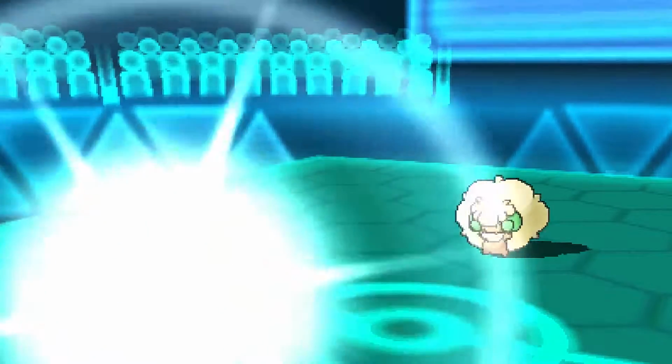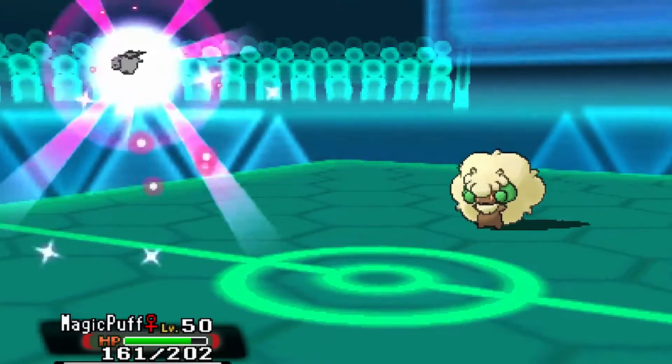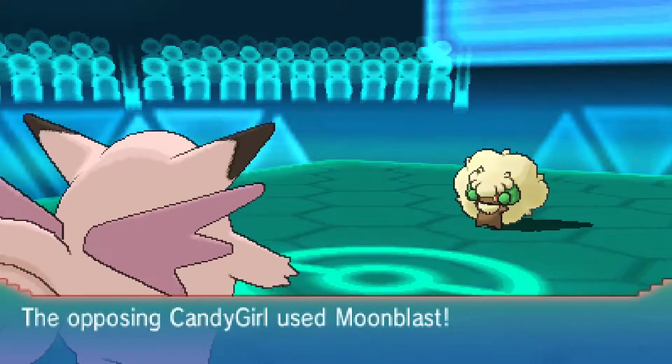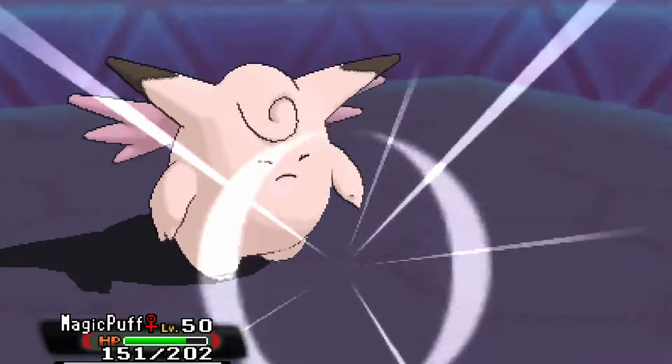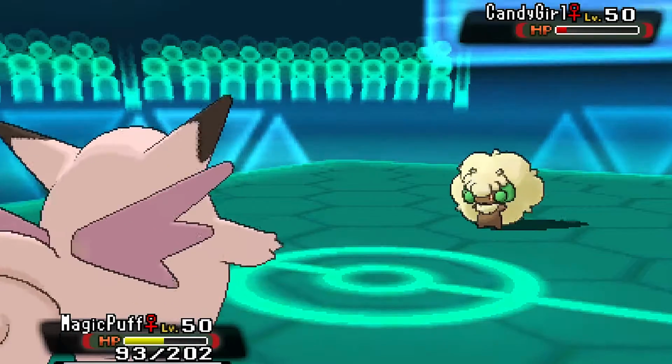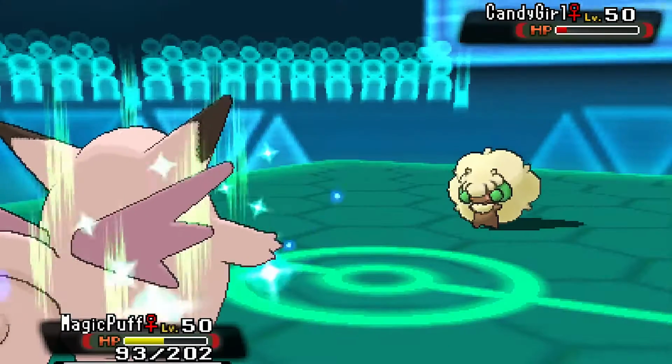Anyways, of course I'm going to withdraw, because I've only got Dragon Claw as my only attack, which is kind of silly. But I decided to go to Magic Puff, because Magic Puff, especially defensive, can probably take whatever this thing wants to do. And that does quite a bit. I probably could have just healed off here. I mean, I've got Leftovers, and